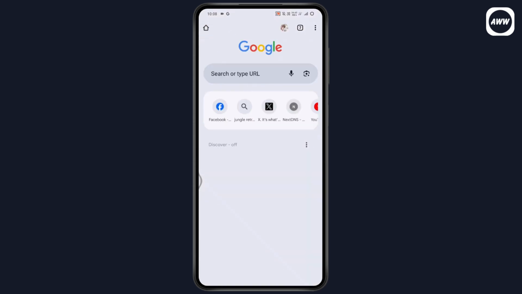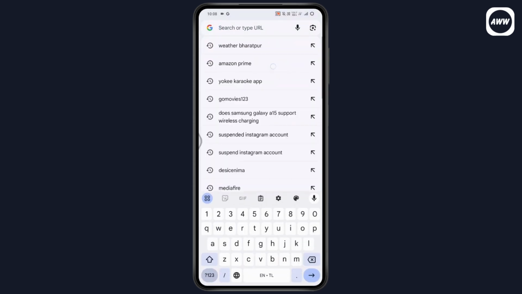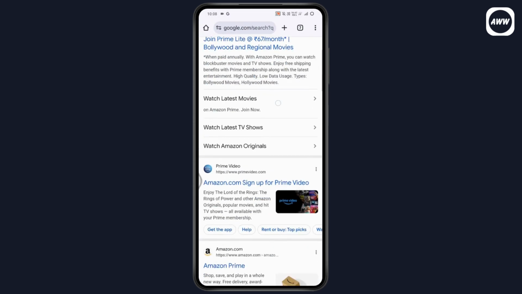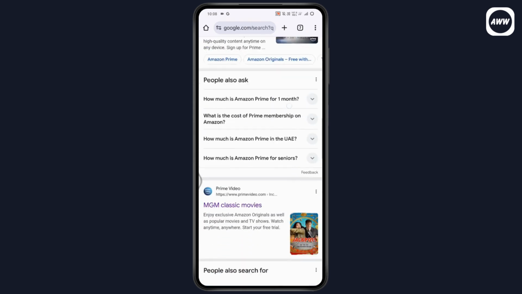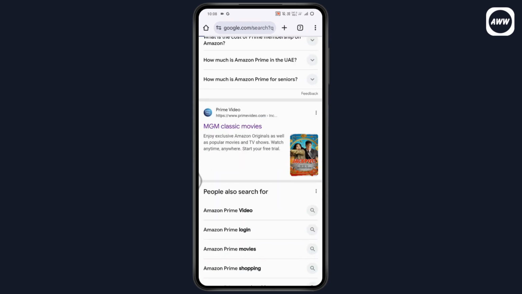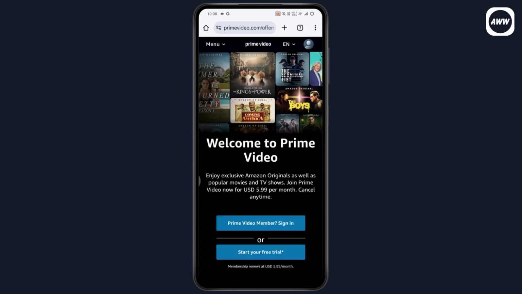Once you open up your browser, you just need to simply go with the search, and you need to search for Amazon Prime, and make sure to log into your Amazon Prime account. So simply go with www.primevideo.com, and under that, make sure to log into your account. But before logging in, here you will have an option of start your free trial on the bottom of your